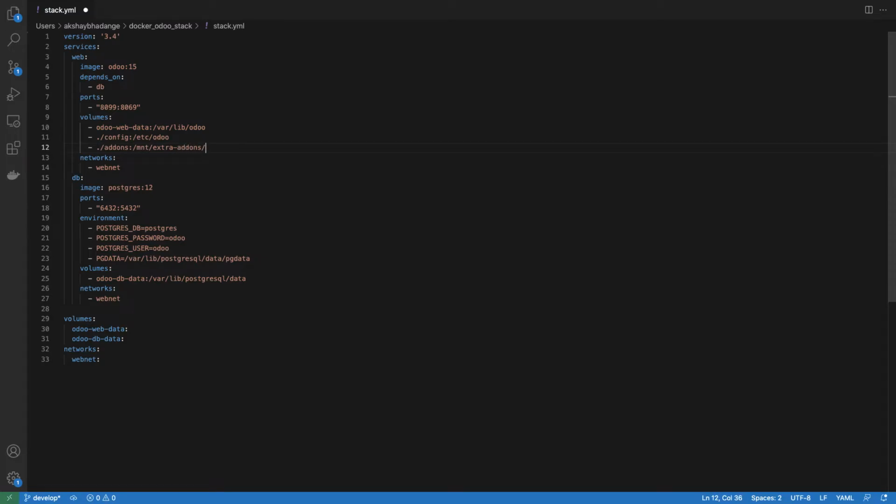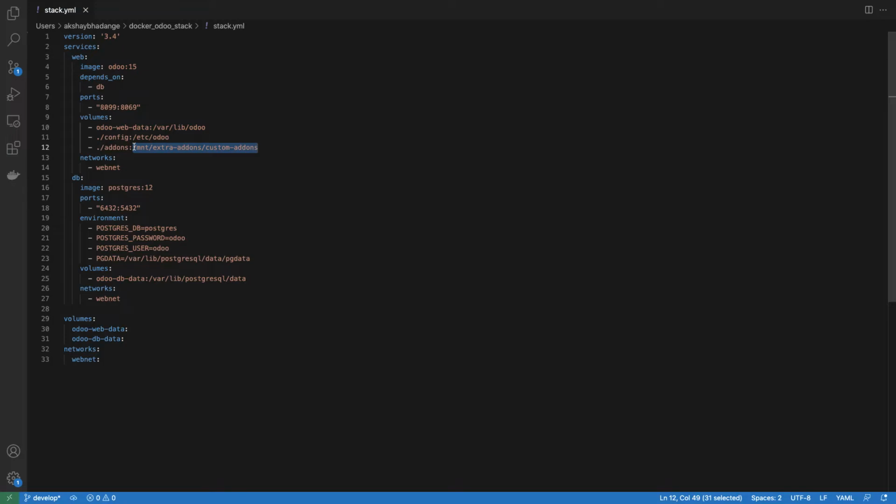Now I don't want to mix the community add-ons with my custom add-ons, so what I'll do, I'll just create a new directory inside our container, and I'll put my custom add-ons to this custom add-ons folder.